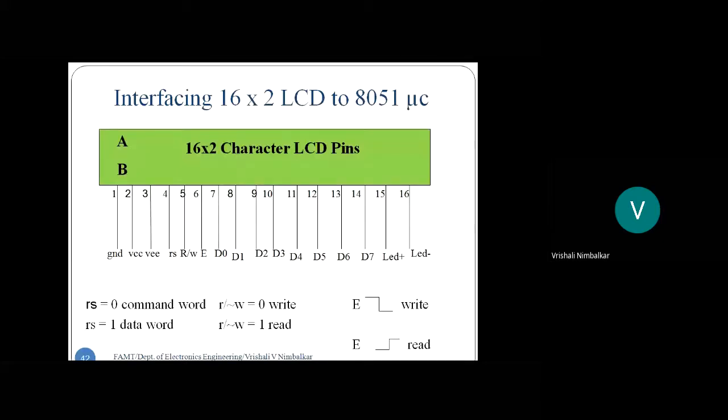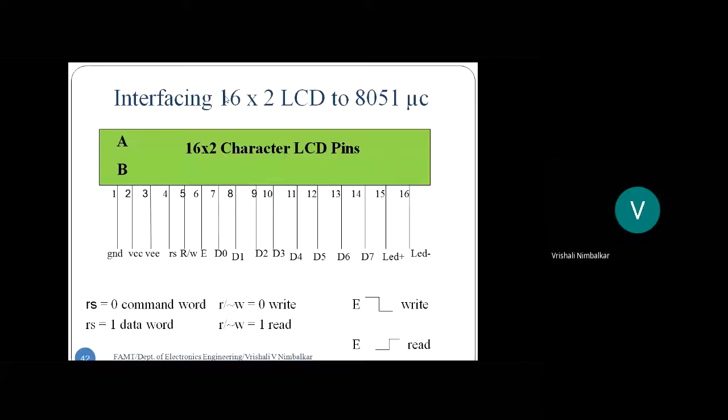The other way it is also referred is, there are 16 columns of characters and such 2 rows. So 16 columns, 2 rows. Each column is displaying 1 character. So that is the meaning of 16 cross 2. In this way, I have 16 cross 1, so 16 columns, 1 row. I have 20 cross 4. There are 20 characters and such 4 rows, right? So always remember that 16 cross 2 is the size of an LCD. 16 columns and 2 rows. In each column, 1 character.